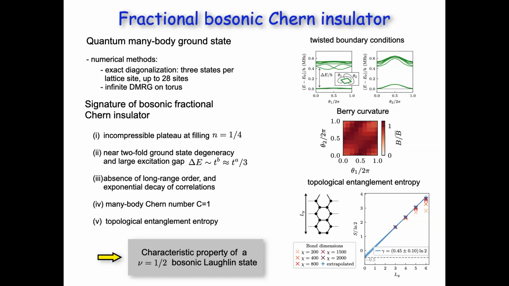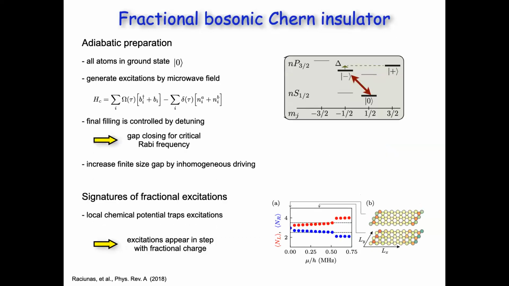And then one finds a very nice topological subleading entanglement entropy contribution, which is 0.5, which is completely consistent. So all its properties are consistent with the characteristic property of a μ1/2 bosonic Lovelock state. And then the hard task is how to experimentally prepare it, because we know if you want to adiabatically prepare